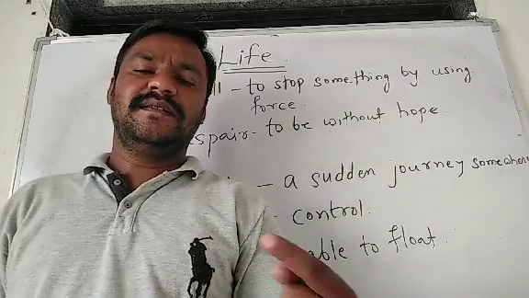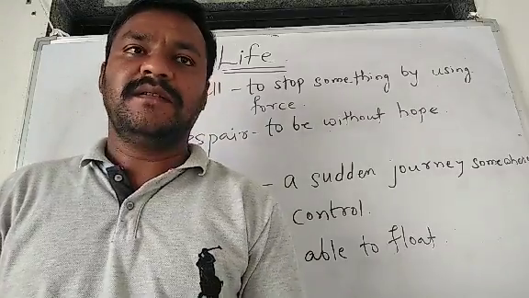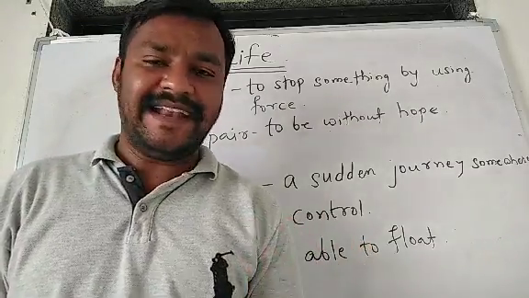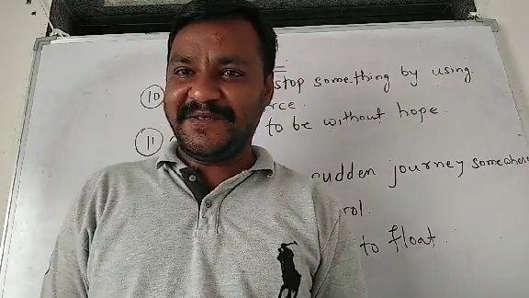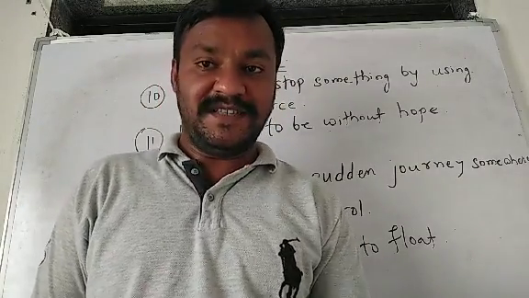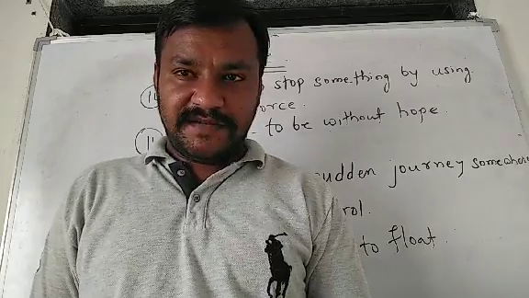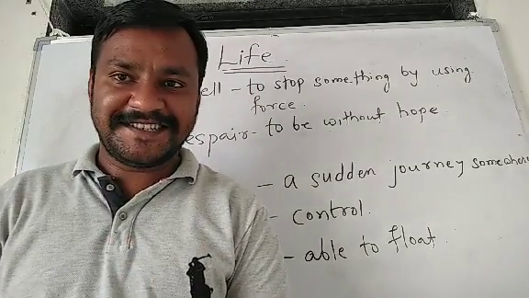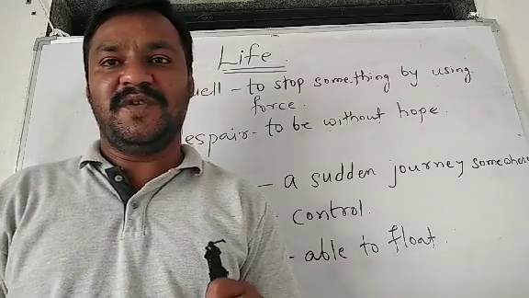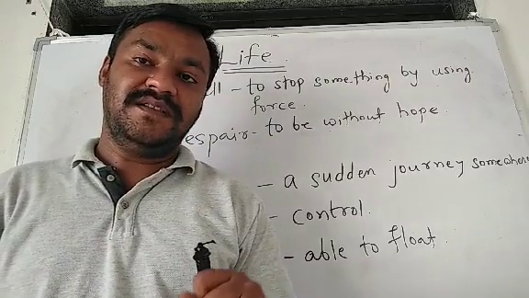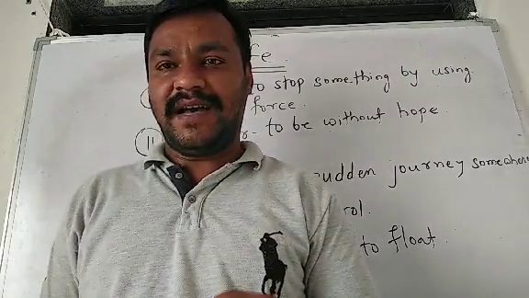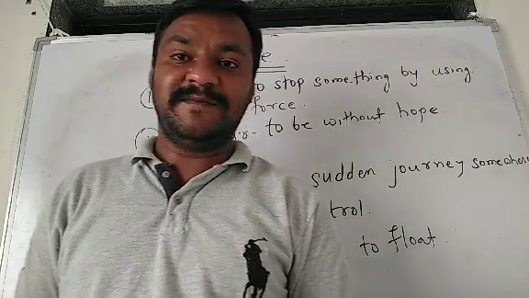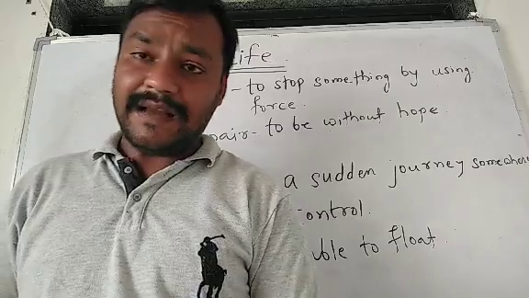So while living life, three or four things are very important: positive attitude, second, strong determination to achieve our goal, to be successful, courage, and to control our emotions. So friends, if you want to be successful, we should be very strong and we should be able to control our emotions. So this was the explanation part of our poem.